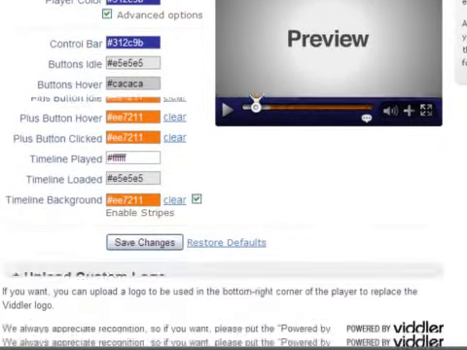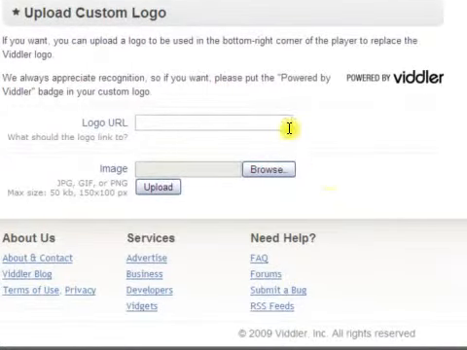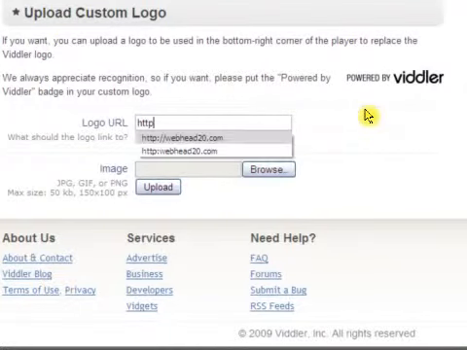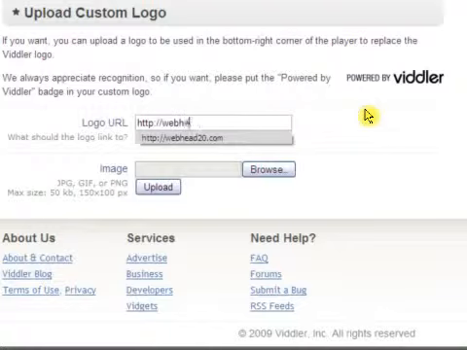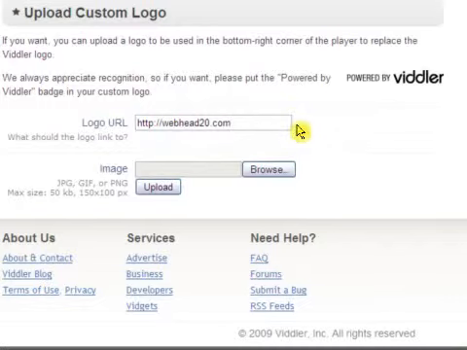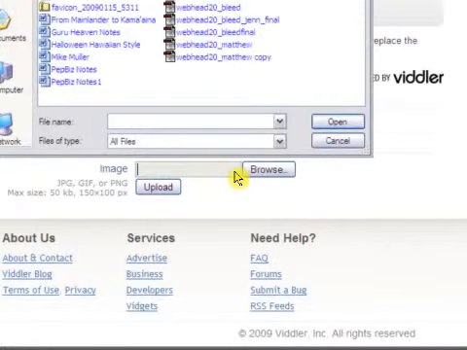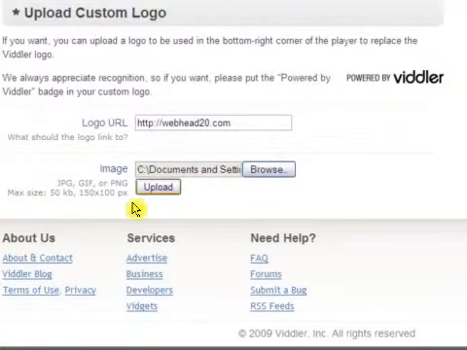I changed those buttons. Now, to upload and customize your logo, get rid of that Powered by Viddler logo right now. Normally that'll send you back to Viddler.com, of course. Well, we're going to send it back to our site. Mine is Webhead20.com. So put your URL in the logo URL section. And then create a logo for yourself if you haven't already. I've done that. Now with Viddler, you need to make sure it's small enough so that when it's on your player, it doesn't take up the whole screen. Because like the first time I did it, it took up a quarter of the screen. So I had to go into Photoshop and make that a little bit smaller. Actually, a bit smaller. Then you upload it,